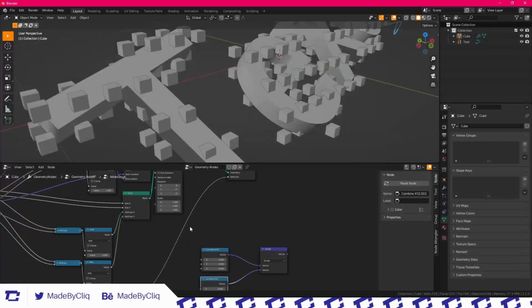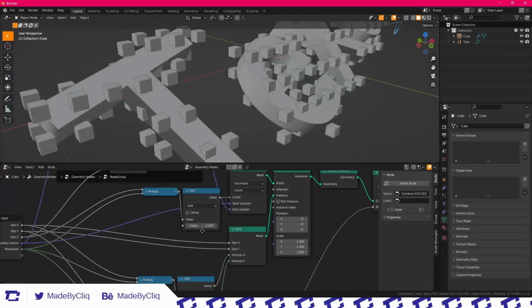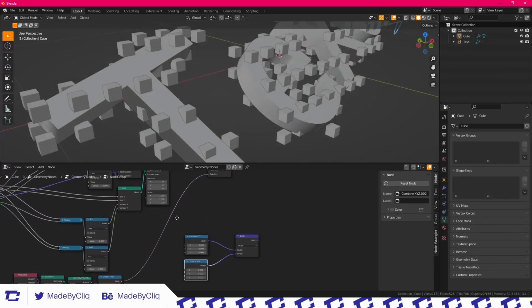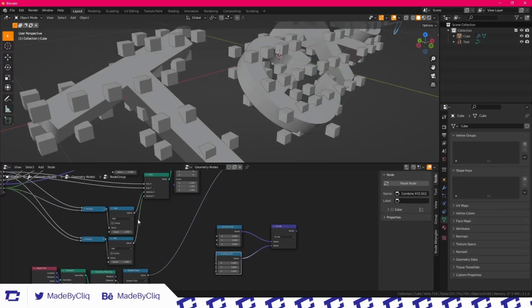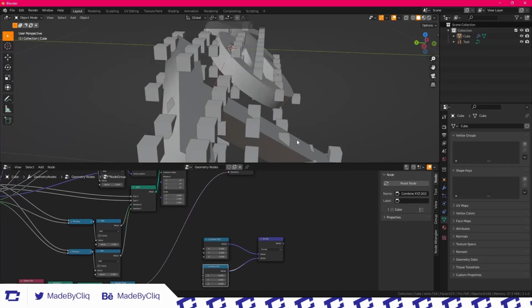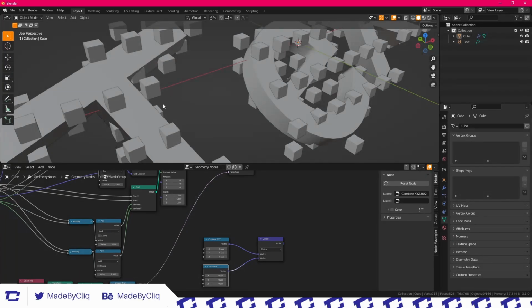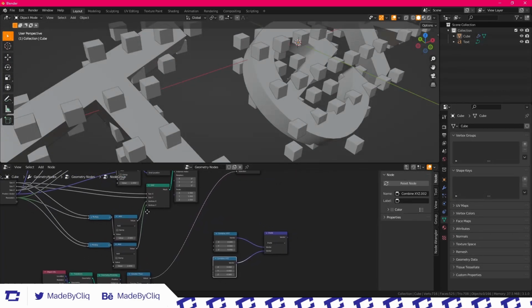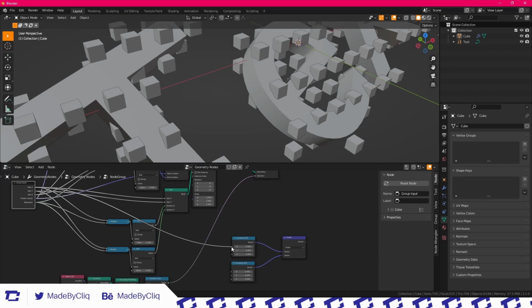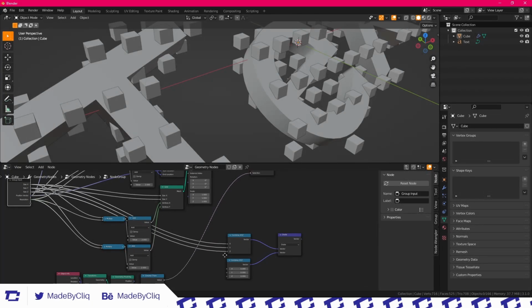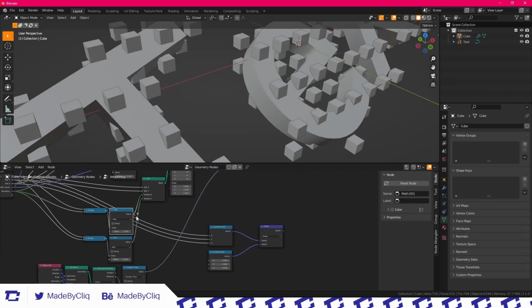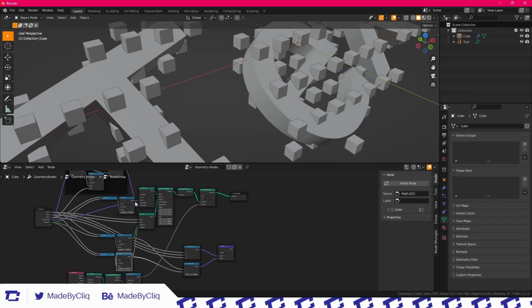So we need to divide the size of the various axes by the amount of vertices, and that'll get us the distance between each of these points, and that distance will be the scale of the cubes. So first we just need the size X, size Y, and size Z here, and then here X, Y, and Z,